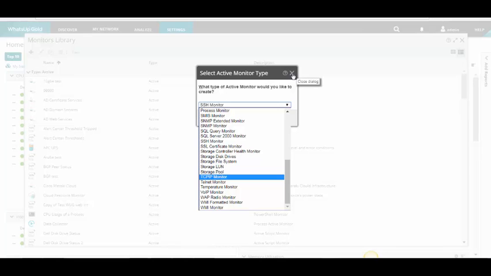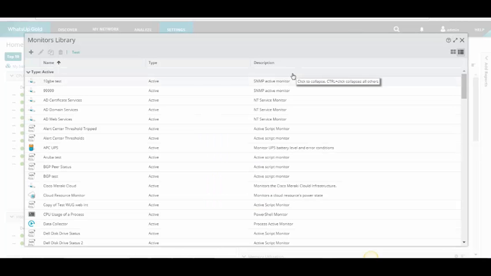And what's great about WhatsUp Gold is we license per device, not per monitor. So you can monitor as many things on a device that are important to you. And another thing that's great about WhatsUp Gold, say you do create a monitor, that monitor will be reusable on any device where that information is present. So you will create it one time and you can apply it to multiple devices in a single push, or be able to also build that into a device role. And in that way, if a device is discovered that meets that role, it can begin monitoring it automatically.